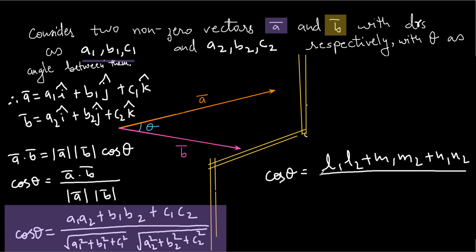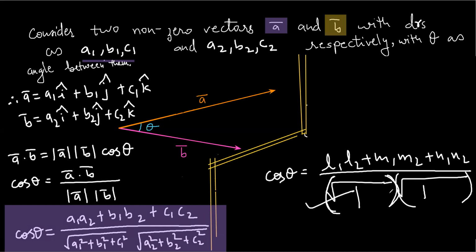Now here in the denominator, you did not have the square roots. You know the reason why? Because those were unit vectors, so the magnitude was 1. Here the magnitude was 1, and this also the magnitude was 1. So you did not write the denominator when you are using the cos theta formula with DCS. But here, since A1, B1, C1, A2, B2, C2 are DRS, the magnitude will not be equal to 1. That is why you see their presence in the denominator. I hope this is clear.